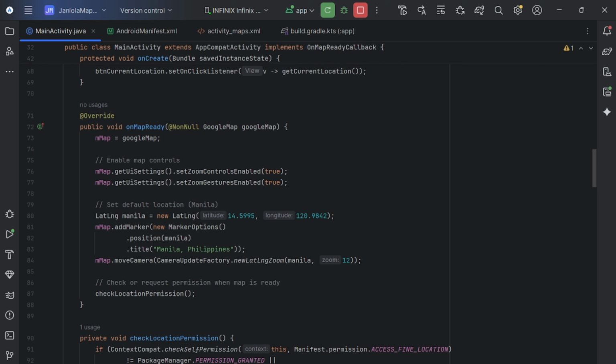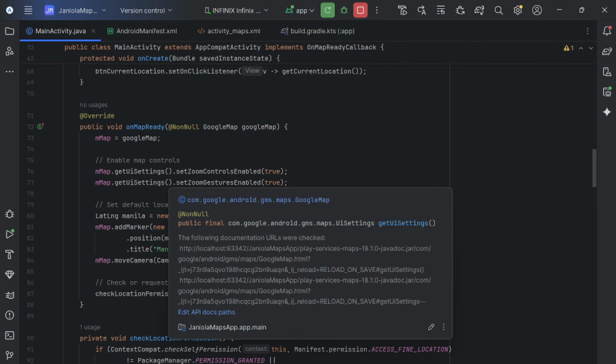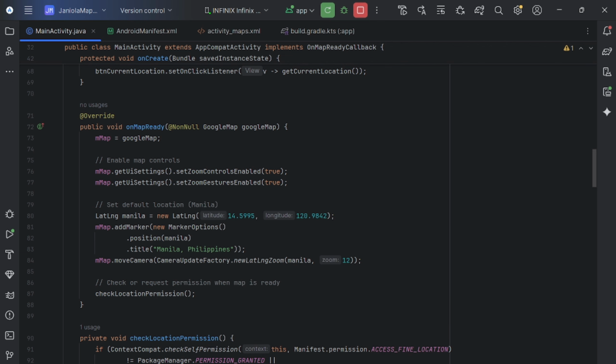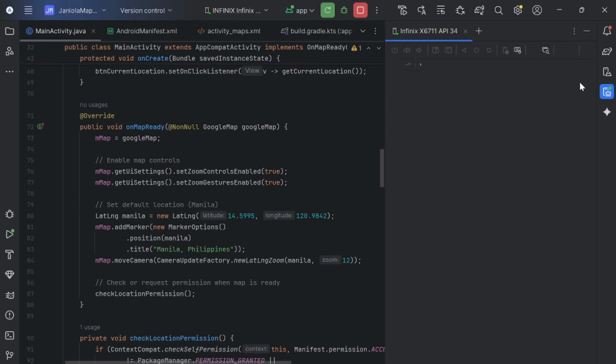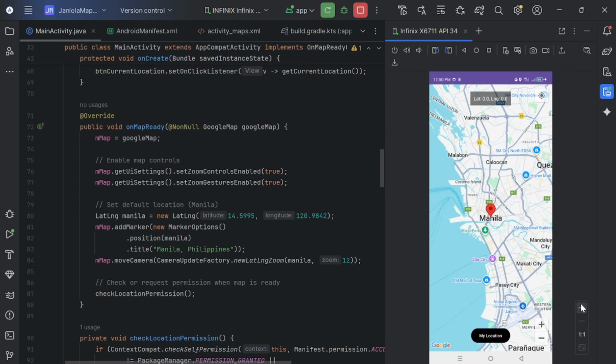So this line of code adds plus and minus buttons to the map for easier zooming. The one that I showed you earlier. This one.